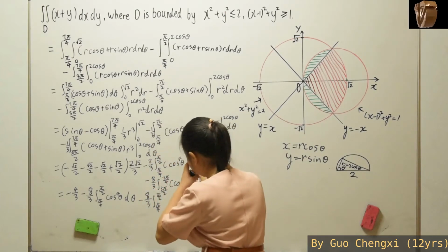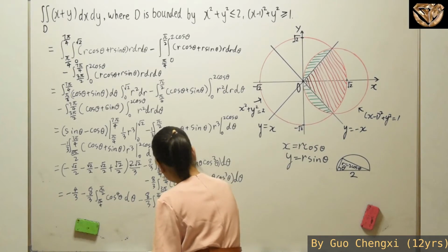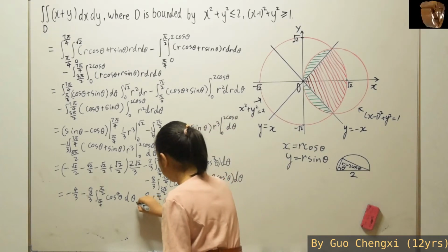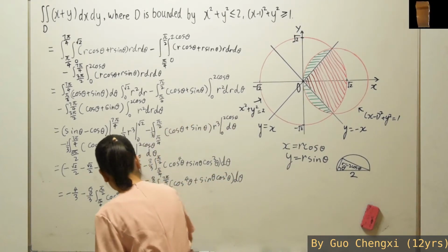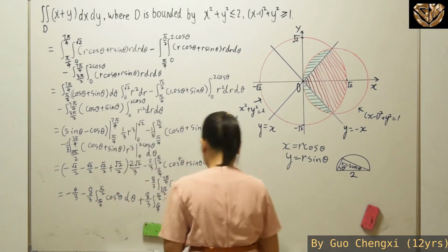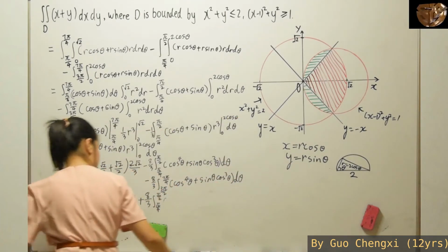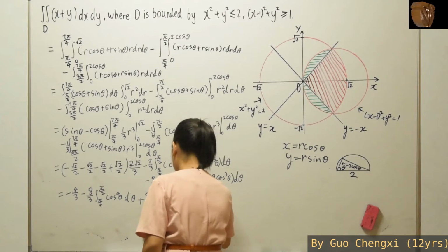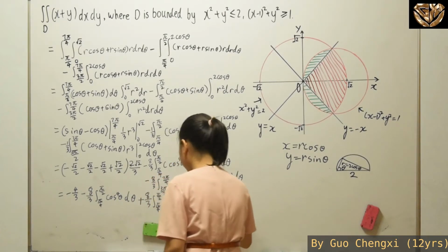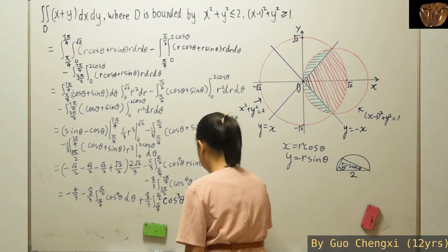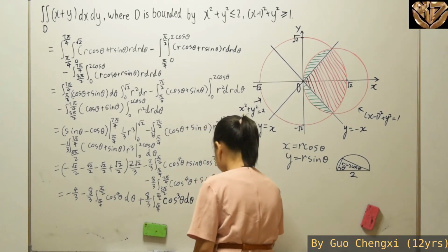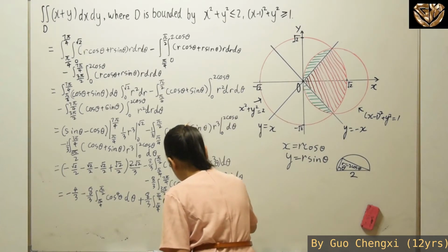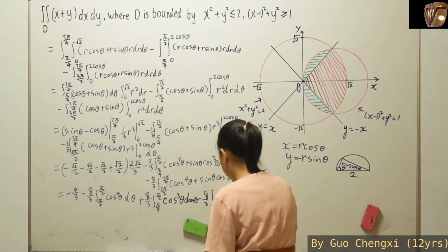Well, for this part, what we're going to get is, over here you can put the sign inside and it will become plus, because sign integration is negative cosine, so plus cosine cube theta d theta, and then after that minus, similarly, so for this part it will be cosine theta, and then for this you have